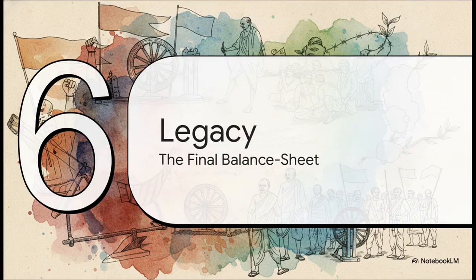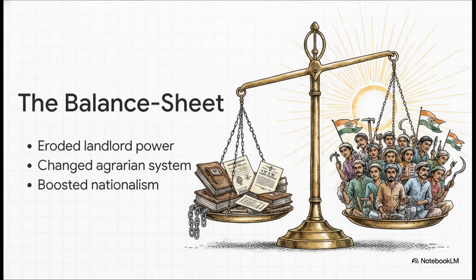Section 6. The Legacy of Resistance. Which brings us to our resolution. We've traced nearly 100 years of struggle. So what is the final balance sheet? Through localized riots, massive tax strikes, and full-blown guerrilla warfare, these united actions systematically broke down the system of subordination that began under colonialism. They eroded the power of the landed class. They forced a major transformation in the agrarian structure. They proved, without a doubt, that the peasantry could be united under a nationalist ideology. But maybe most importantly, they created the undeniable, unavoidable atmosphere needed for post-independence agrarian reforms.